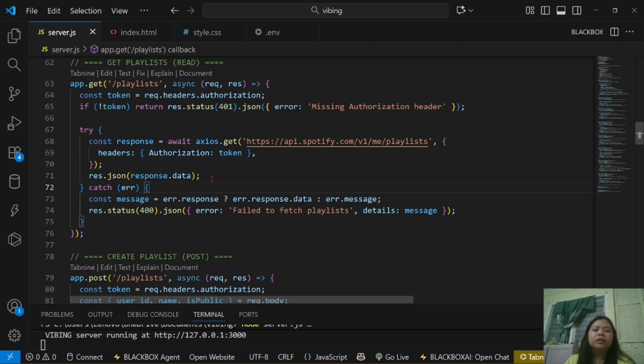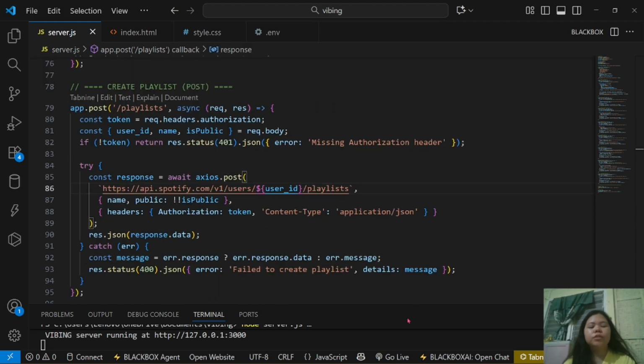If the delivery is successful, you can see the playlist included on the interface. However, if the delivery is unsuccessful, the user